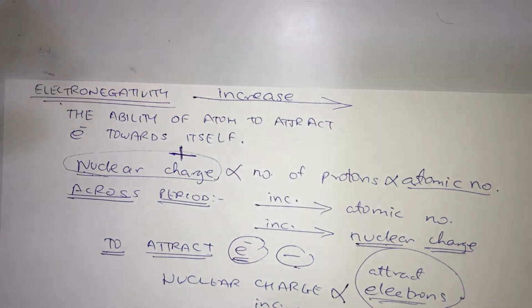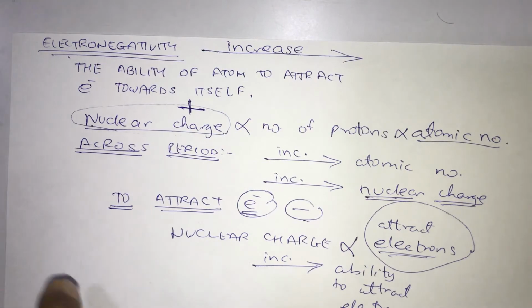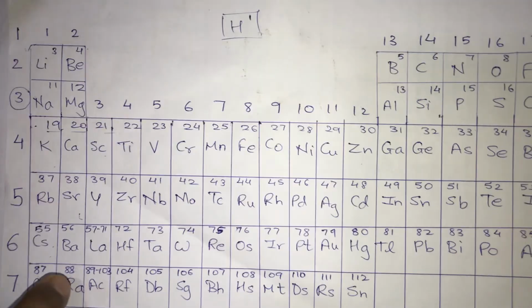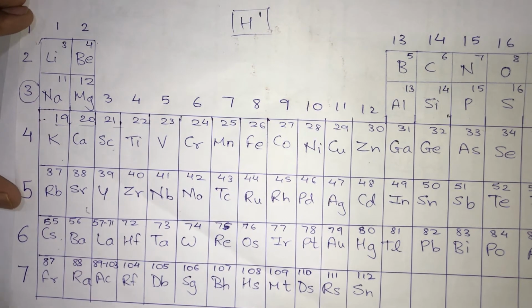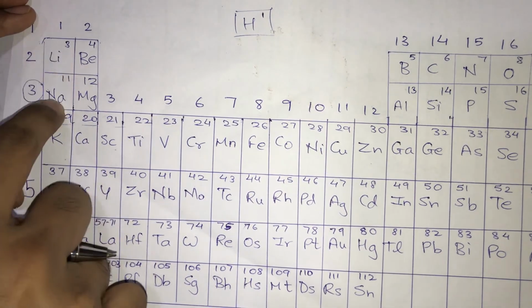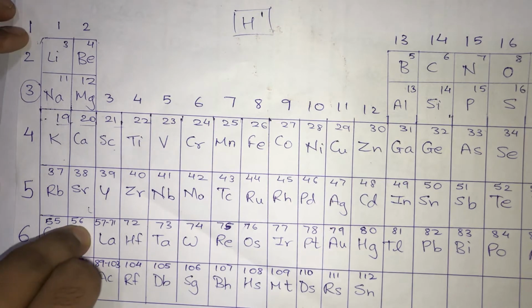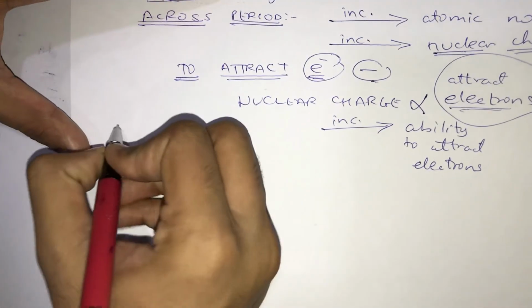Okay, now we have seen how the electronegativity is going to vary across the period. Now it is our job to understand how electronegativity will vary as we move along the group. So for that, I am going to consider the first group for our understanding. I am not going to consider all the elements, because then this video won't end. I am only going to consider the first and the second element. If you understand the trend between the first and the second element, then you can easily understand the trend between the remaining elements. So first of all, let's write the electronic configuration of lithium.